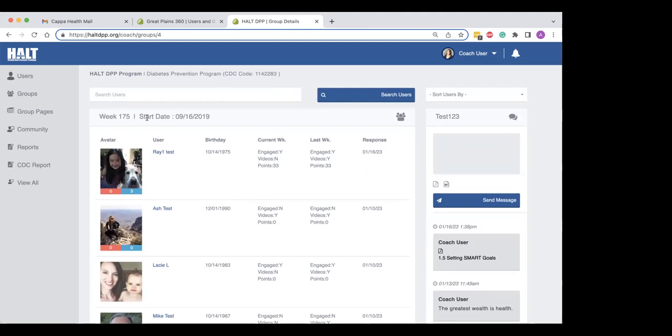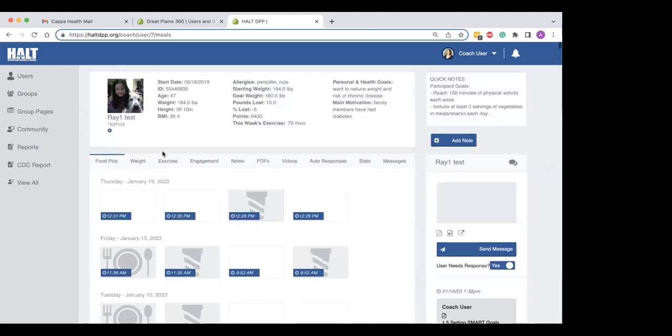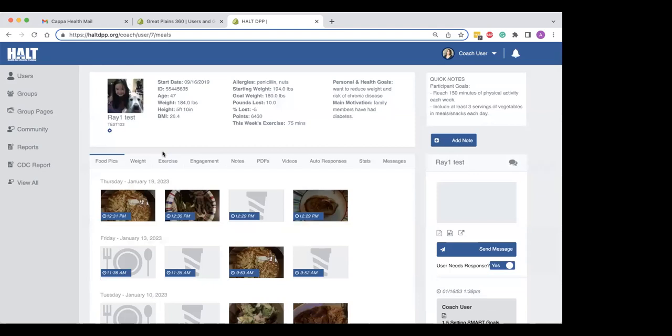Next, I'm going to go inside the participant's profile. So if I click the name of any participant, we're able to see more information about them. You'll notice a lot of this information was visible on Ray's side, on his participant's profile, but of course, we're seeing it in the coach's aspect. So up at the top, I can see profile information, front and center for me to reference, like age, weight, trend data,